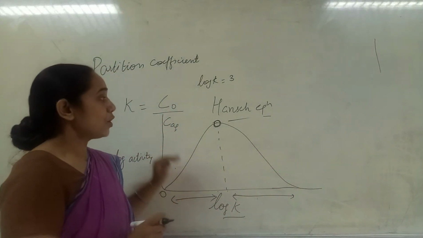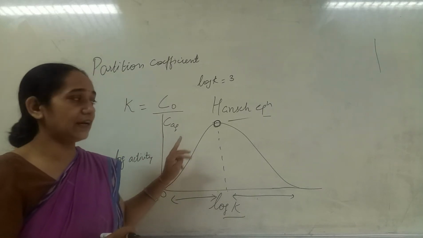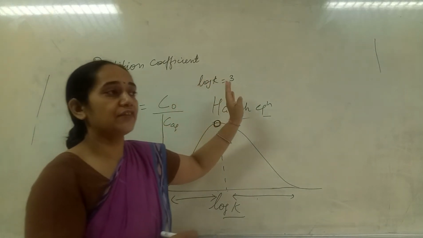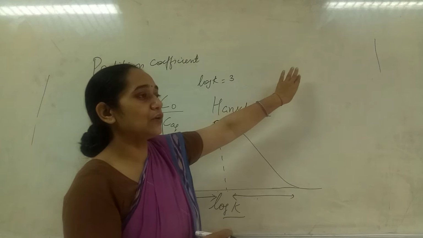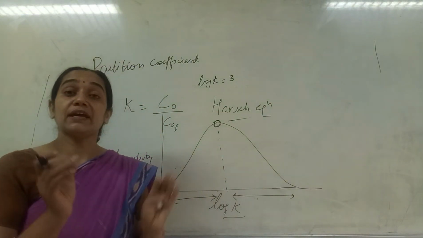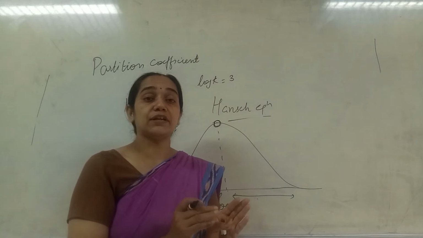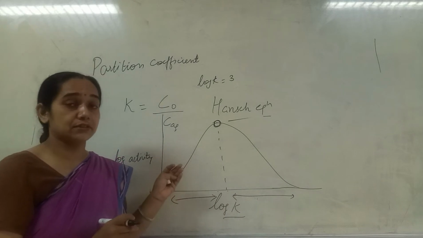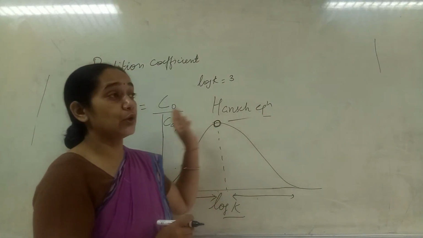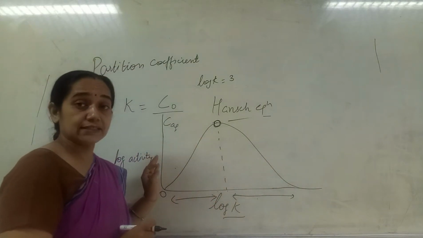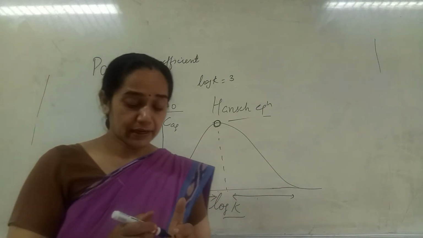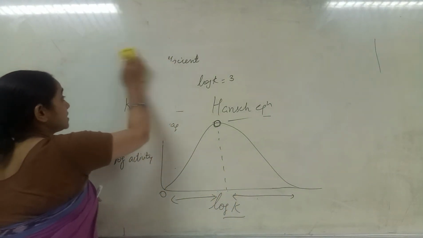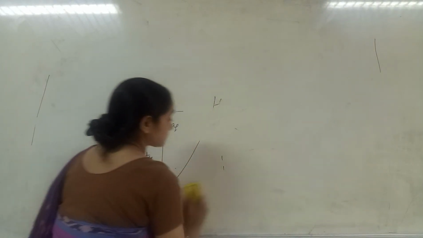So partitioning is important. If the K value is near 3, for example if a drug has a value of 2.5, 2.1, or 4.3, 4.6, then it is a suitable range to formulate these kinds of drugs into a controlled or sustained drug delivery system. But if this value moves towards the extremes, then they will not be suitable candidates for controlled drug delivery systems.